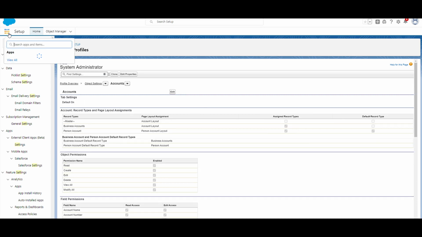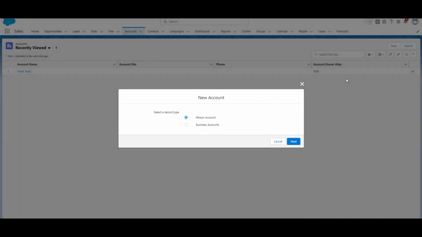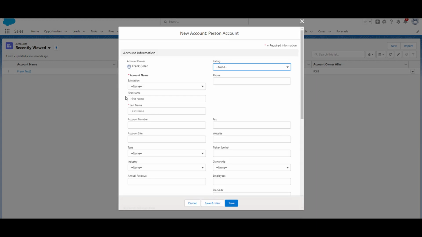So if we click on the app launcher and we type in accounts and we click new, you'll see that we have the option to select from person account and business accounts. And if we click next, you'll see that first name and last name